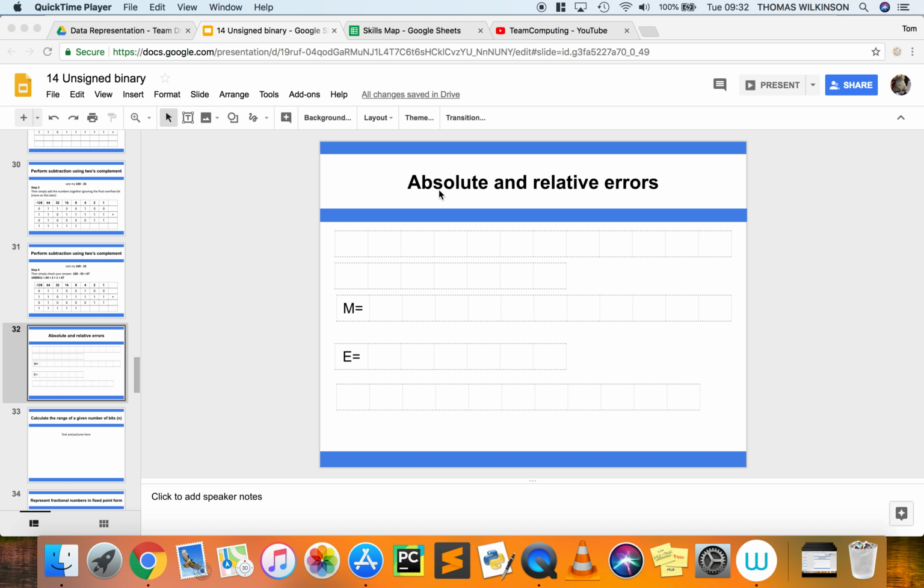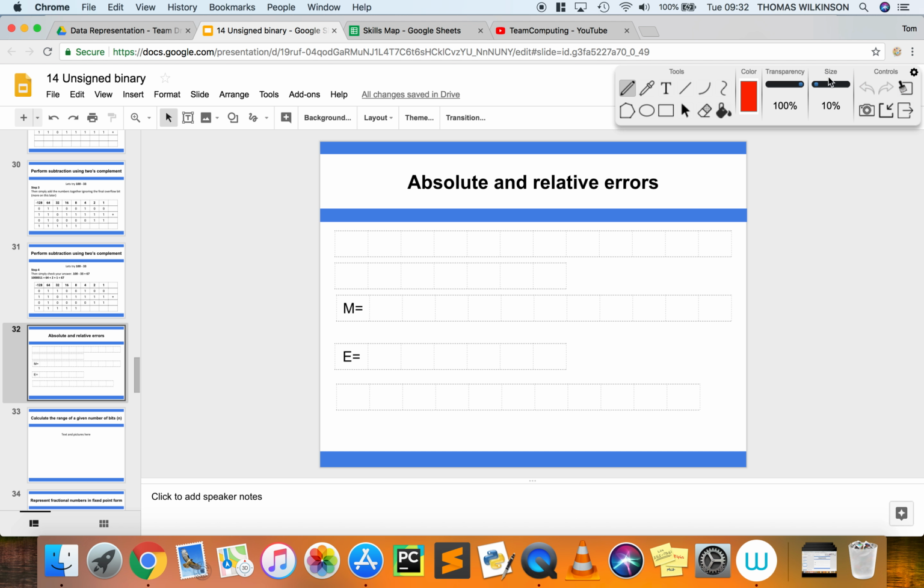Okay, so in this video, we're going to talk about absolute and relative errors in binary, and we're going to use the floating point format to help us calculate these absolute and relative errors, which is something that you need to be able to do in an exam situation. Now, to help me out with this, I'm actually going to look at a number, which isn't a particularly large number, but will demonstrate the issue arising quite nicely,